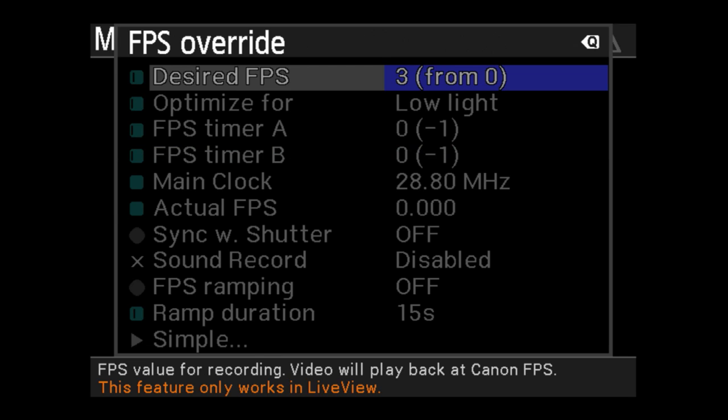Now the main setting for this is the desired FPS. And we're showing the number 3, which means 3 frames per second. So we're actually undercranking, and you can go as high as 60. Now, if you go anything below